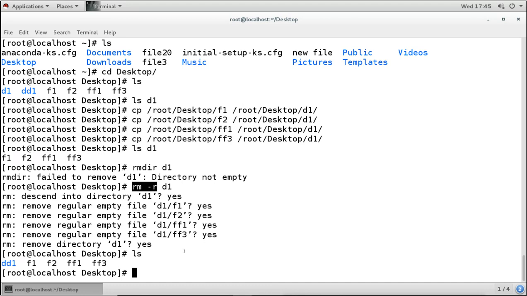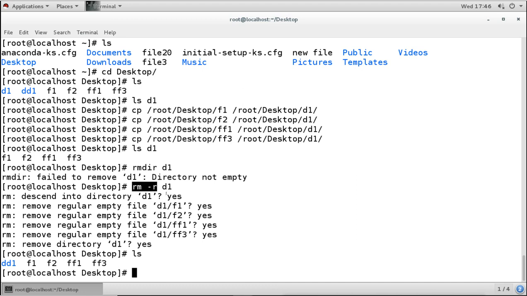But there is a problem here. What is the problem? For each and every file and directory, it is asking me a question. Now there are only 4-5 files there. But suppose you are deleting a directory, and in that directory you have hundreds of files. If you have 100, 200, 500 or 1000 files and directories inside that directory, now you know you want to delete it, but see what happens when you run the command to delete.